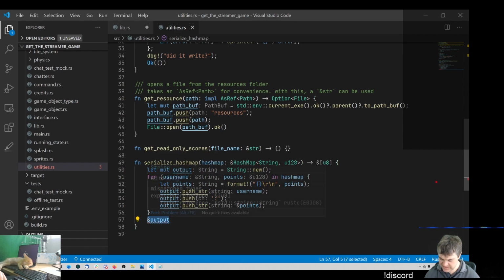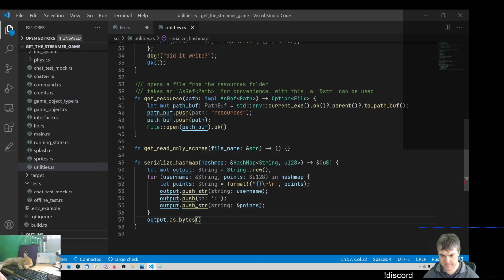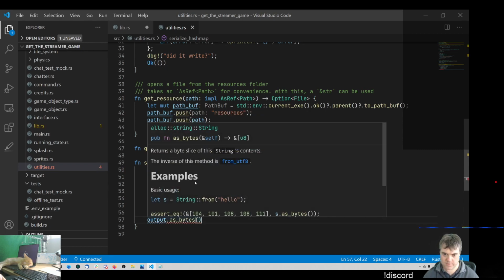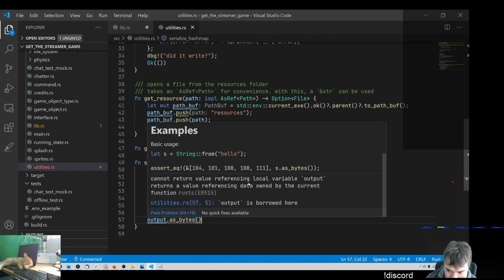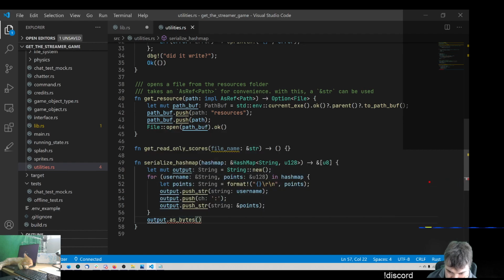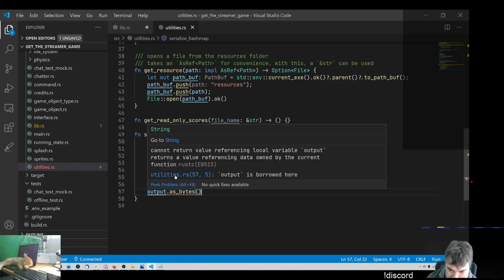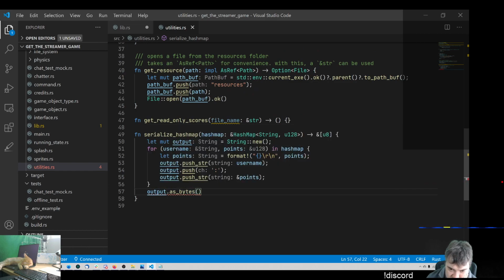I think that's just output dot as bytes. Okay, yeah, it returns a reference to this, but cannot return value referencing local variable, output is borrowed here. And utility use line 57. Okay, yeah, so